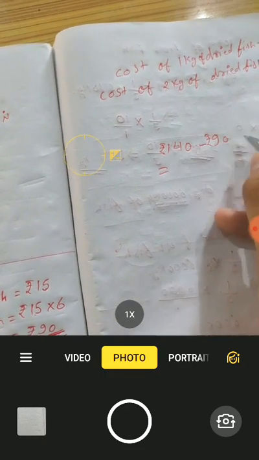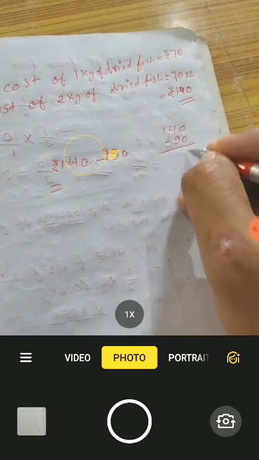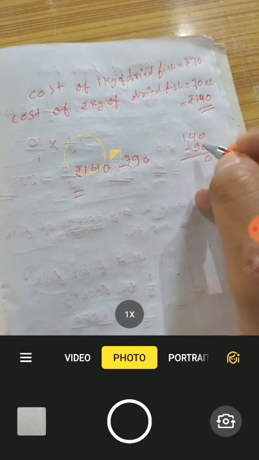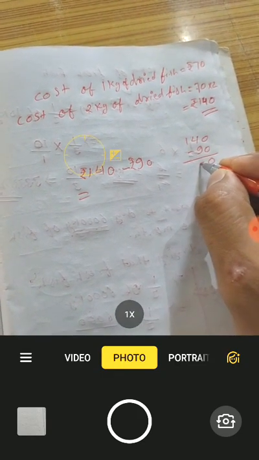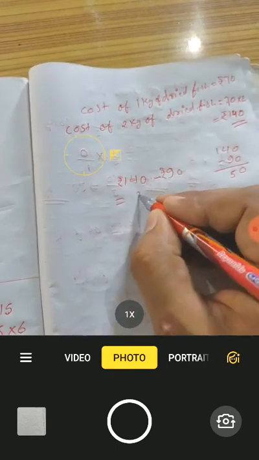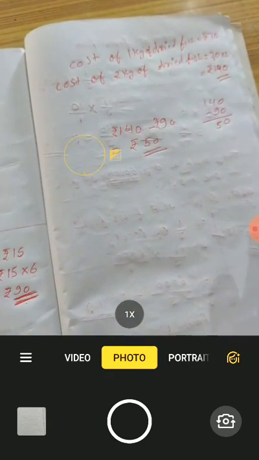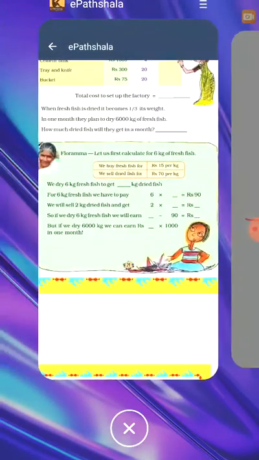Yes, 0 minus 0 is 0, and subtract 9 from 14, we get 5. Yes, so we earn rupees 50. I hope you all have understood this. Is it clear? Yes. Okay,